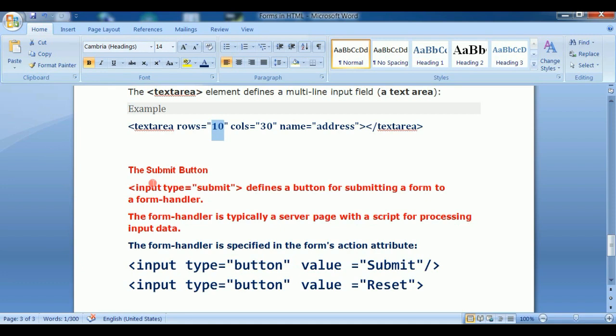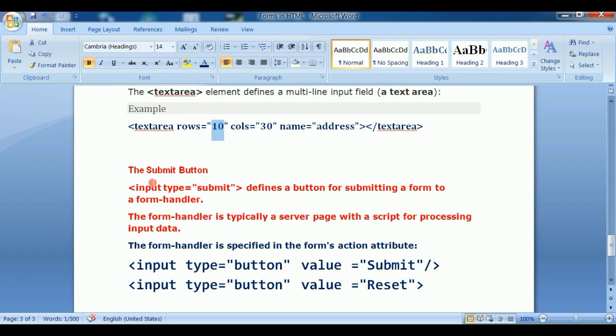We can write backend programs in PHP and .NET technologies. But for our syllabus, we only talk about the form, how to design a form and what the form elements are. That portion is not required at the time being.